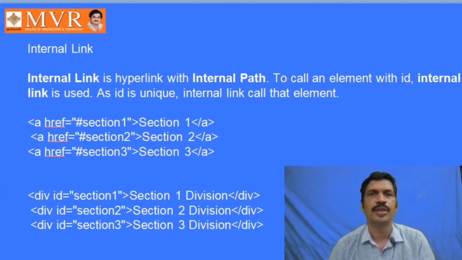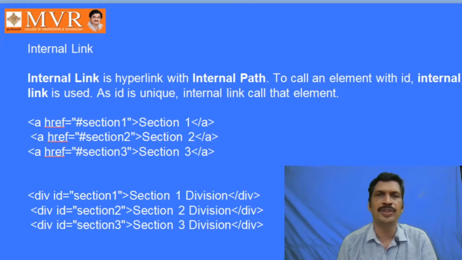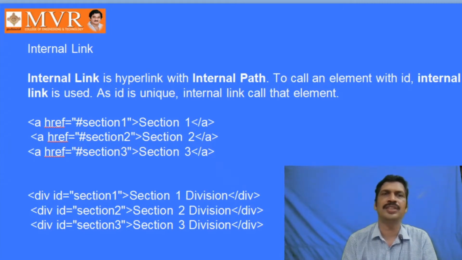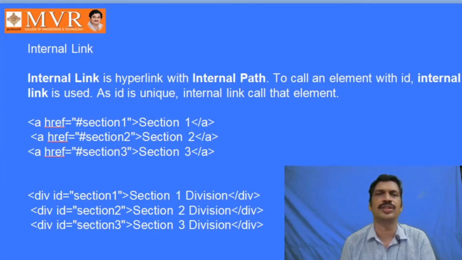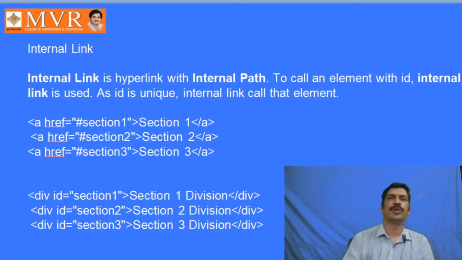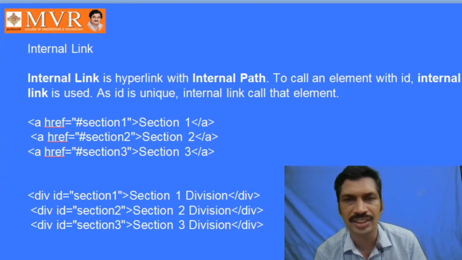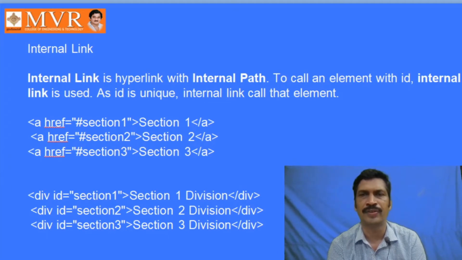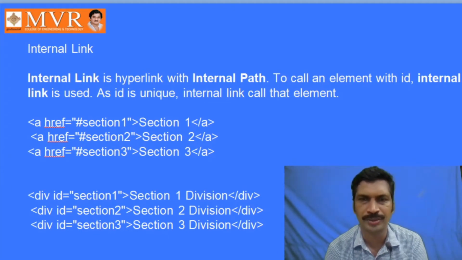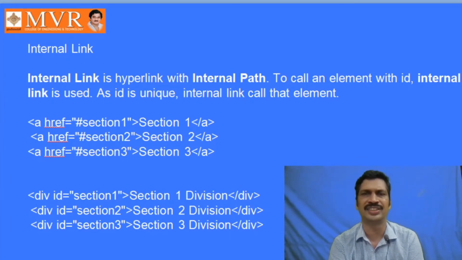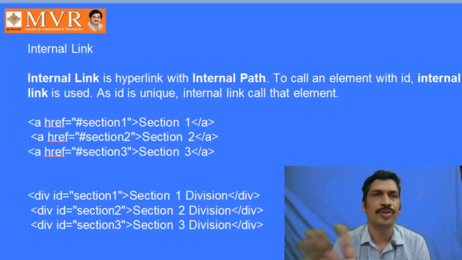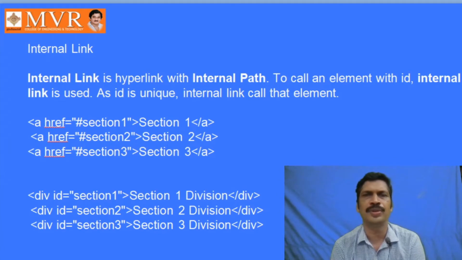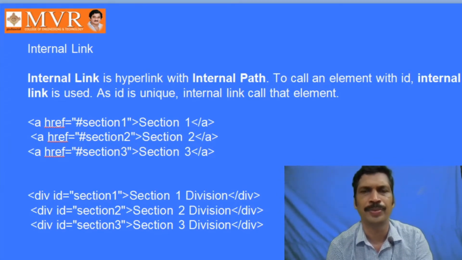Say it within one sentence: with an internal link, we put some marks on the page, and based on the marks we can jump from one location to another. Those types of links are called internal links. Now we will see one program on the internal link. This is the section internal link, href equal to section 1. Whenever we click section 1, we go to this part. Whenever we click section 2, we go to this part. Whenever we click section 3, we go to this part. If you observe this slide clearly, that is enough. That is about internal links. We will see one HTML program about internal links.